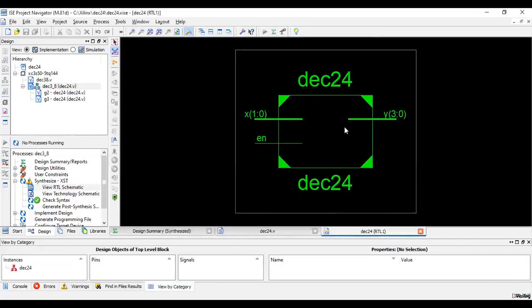We have to see the RTL view for the 3:8 decoder. So select 3:8 and view RTL schematic.